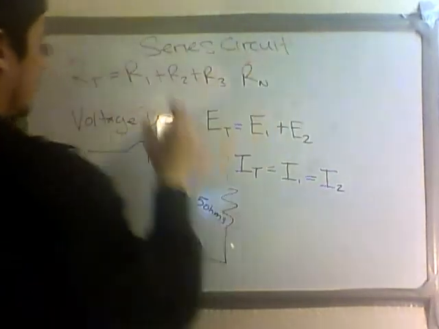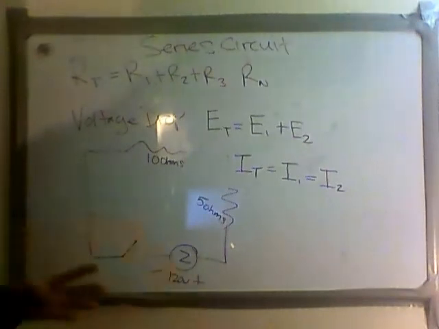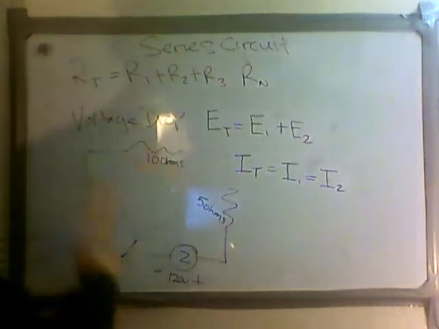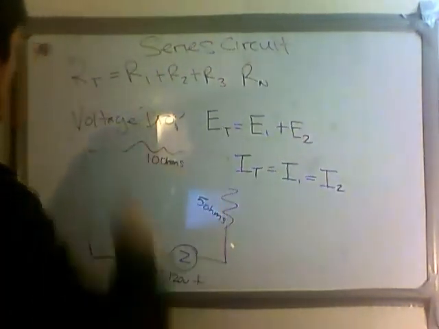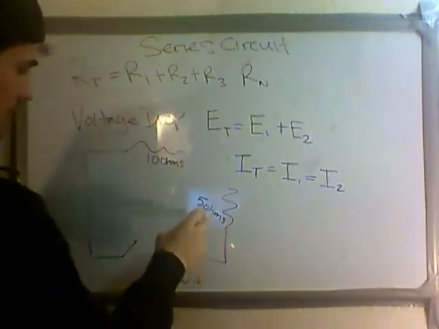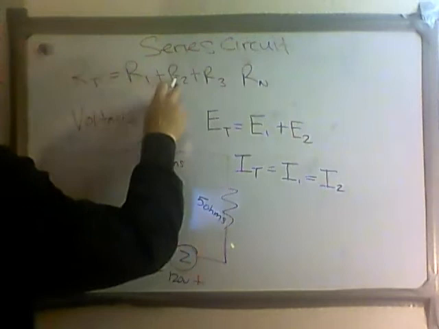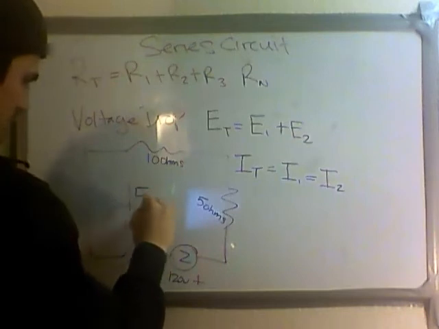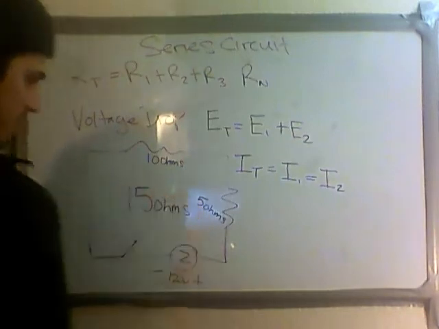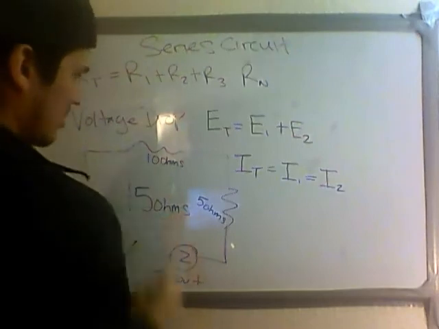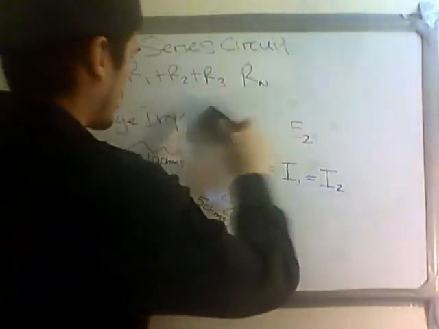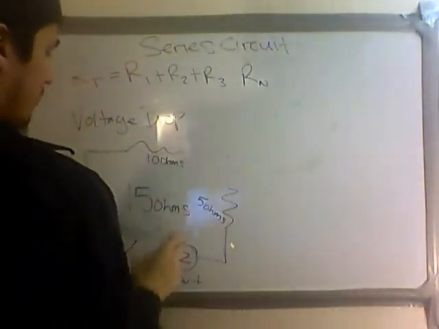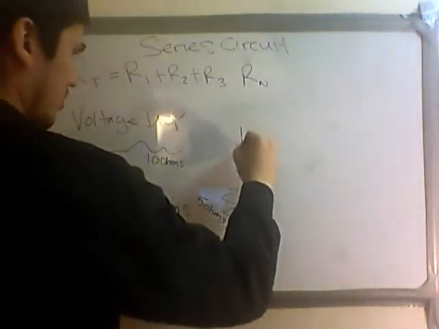It's important to know that this is unique to a series circuit because the rules change when you start dealing with parallel circuits. So if I wanted to calculate the amperage, first I need to find the total resistance. In this case it's 5 plus 10, because R1 plus R2 should be R total. So the total ohms of this circuit is 15. So let's set up our equation here. We're trying to solve for the total amperage, so we'll use IT